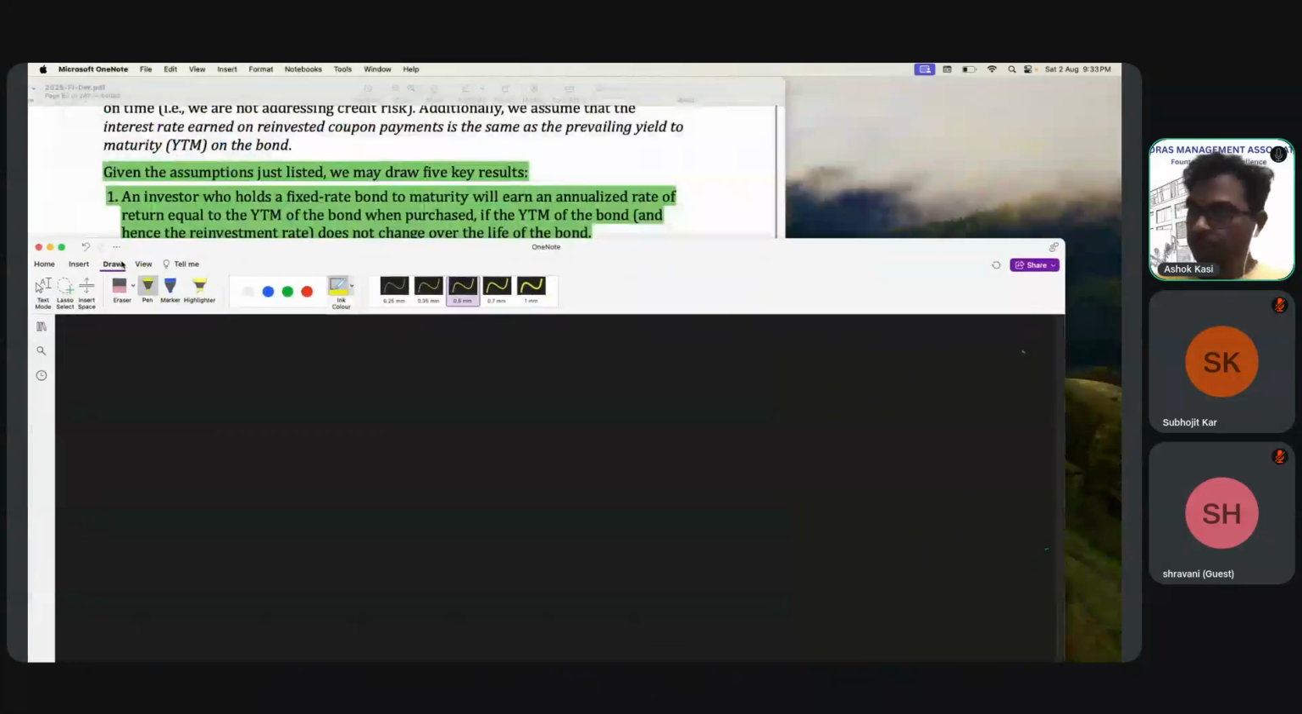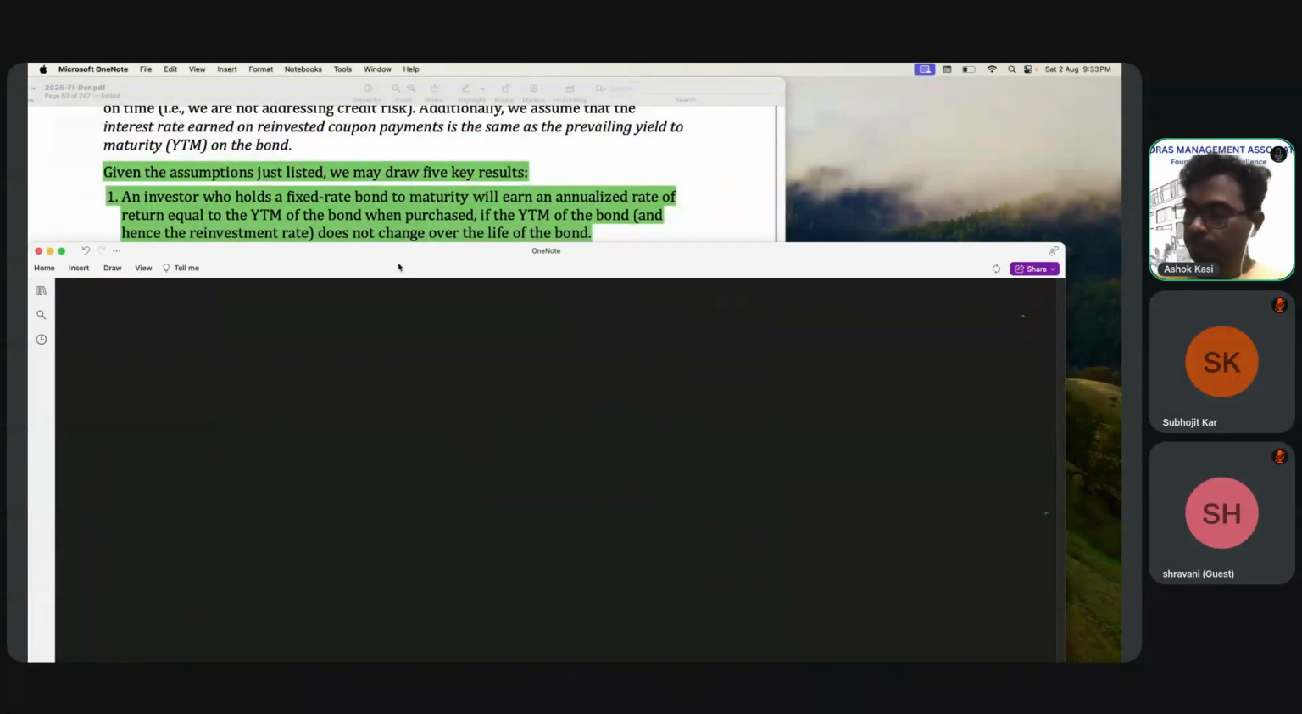So first one, an investor who holds a fixed rate bond to maturity will earn an annualized rate of return equal to the YTM of the bond when purchased, if the YTM of the bond, and hence the reinvestment rate, does not change over the life of the bond. That means,